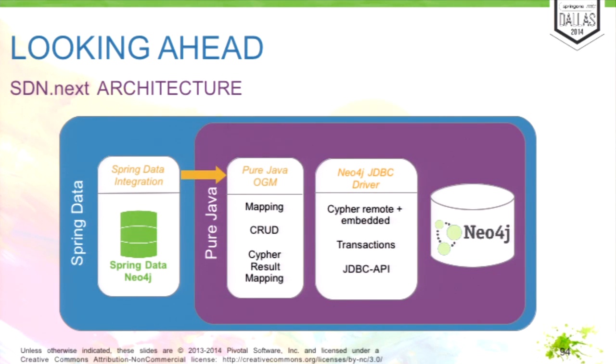And it will look more or less like that. We have Neo4j, either embedded or server. We have the JDBC driver running against Neo4j, which you also can use standalone. We have the pure Java object graph mapping, which you can also use standalone. But if you want all the conveniences and all the Spring Data benefits, then you use Spring Data Neo4j that integrates with these. So that's the plan, at least. And we hope to get it done by the next Spring 1, but hopefully much earlier.